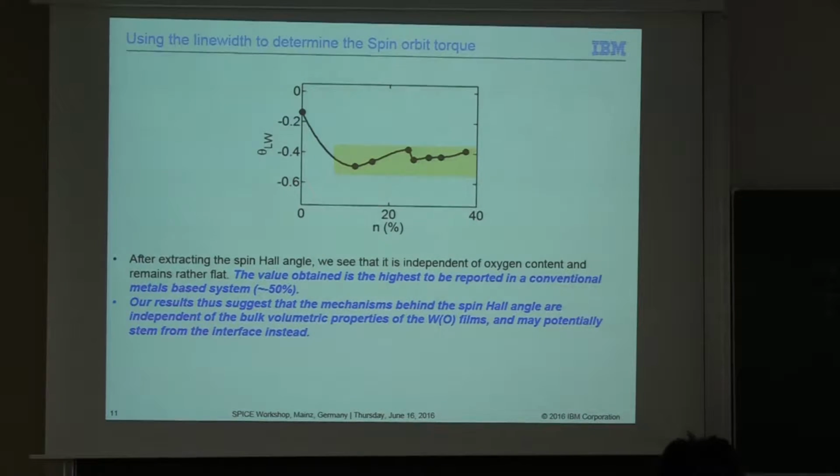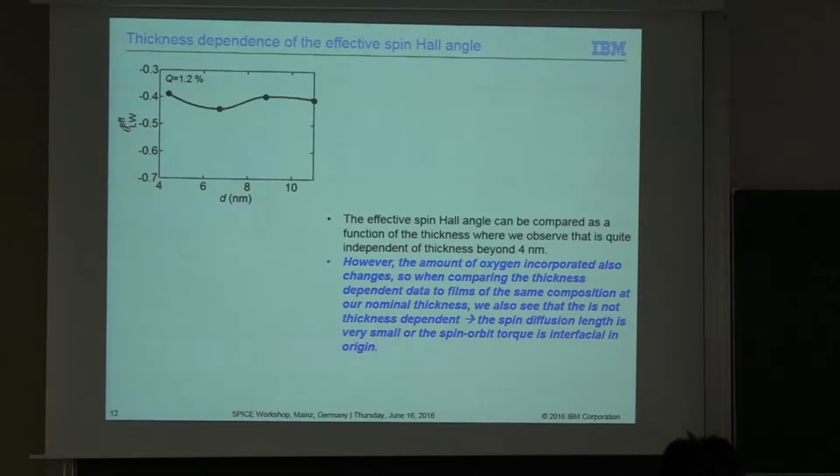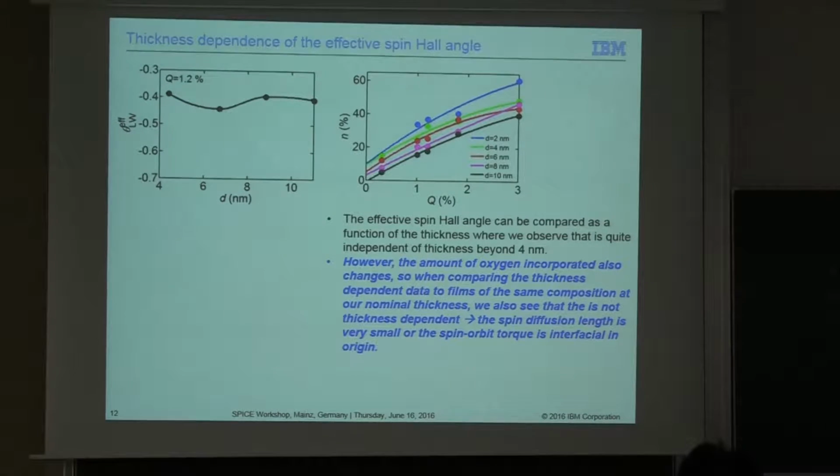So we decided to do some experiments to determine whether that is indeed the case. The first experiment we looked at was how the variation in the thickness affects this spin Hall angle. We measured that spin Hall angle as a function of thickness, and you see that it doesn't change significantly with thickness. But from my previous discussion, as I mentioned, the amount of oxygen content in your film is also